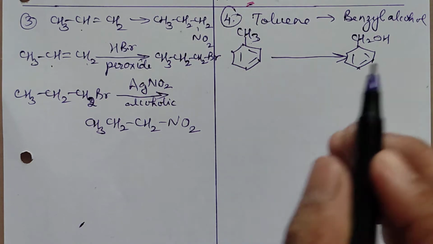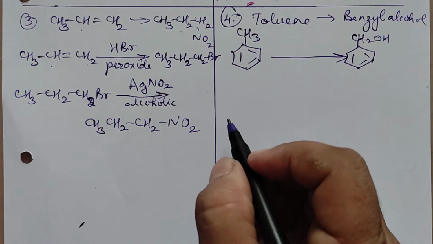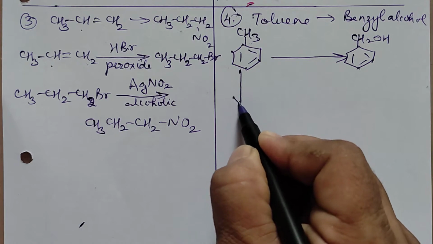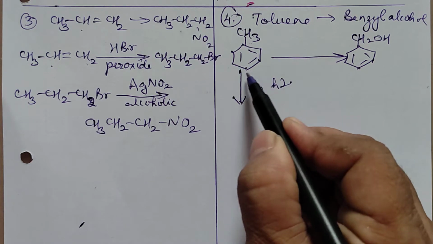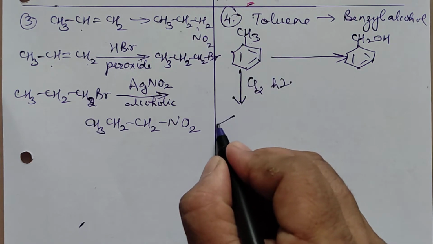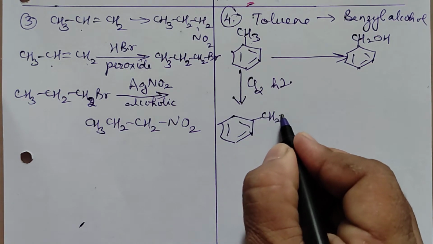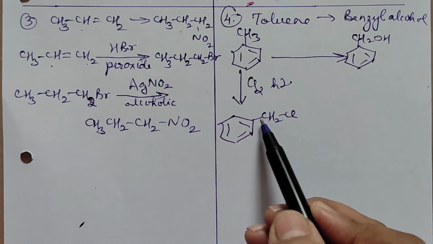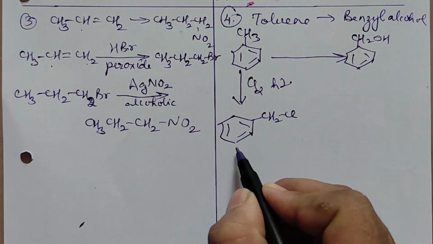Now you will not just write an arrow like this. Actually this occurs in steps. I just wrote the formula for both. So what you will do? This toluene, first you will react with chlorine in the presence of sunlight, because in the presence of sunlight if you treat with halogen, it will carry out side chain halogenation. So side chain halogenation means you will have here CH2Cl. It's not an issue. Instead of writing CH3 on the top, I wrote it on this side just for space management. That's it. Okay, so what you got is benzyl chloride.